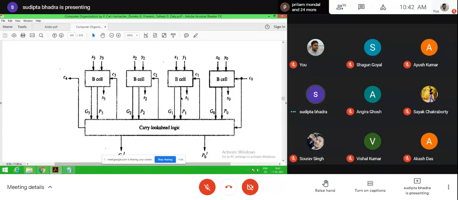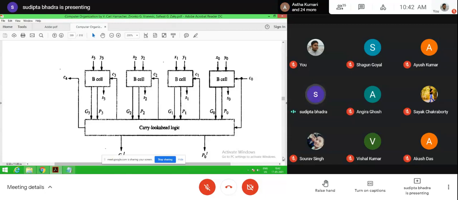Using this carry look ahead logic, G1 and P1 are already generated. Now you get the C1 from the use of G0, P0 and C0. You immediately get the C1 value.